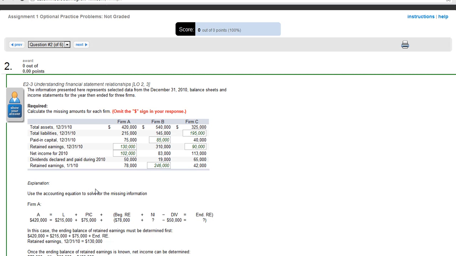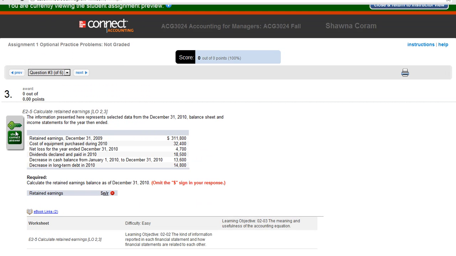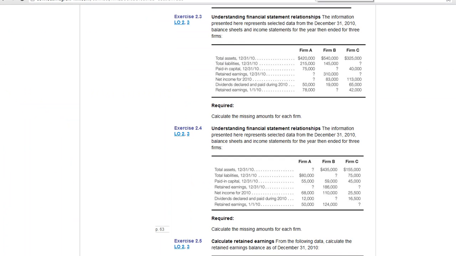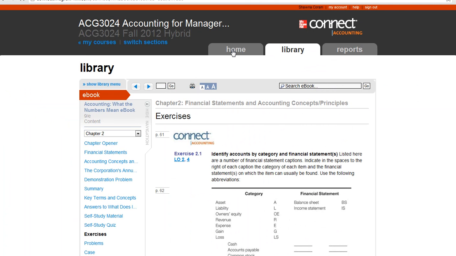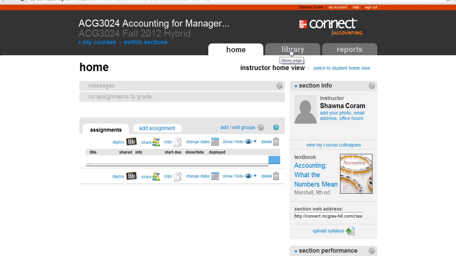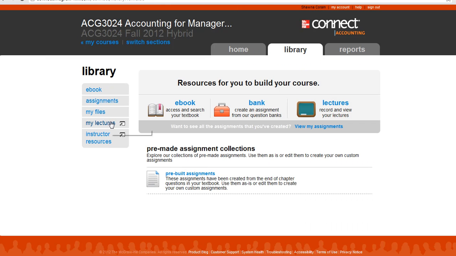And the more difficult questions, they will give you this explanation. And a simpler problem, they probably won't. But then you can go through and again, you can try and work it on your own, or if you get stuck, you can click the show answer and see how they got to it. So that's one good way to use the Connect product. Something else I'd like to mention, and this may or may not work on your view, if you come up to Connect and you click on the tab that says Library, there may be a link